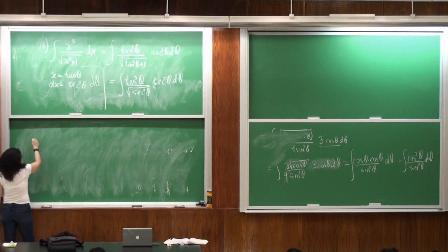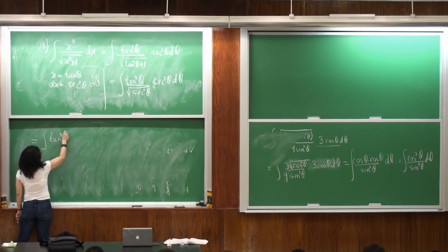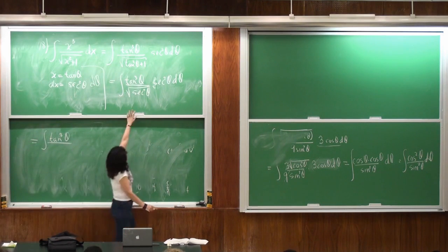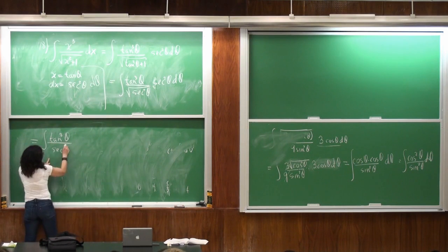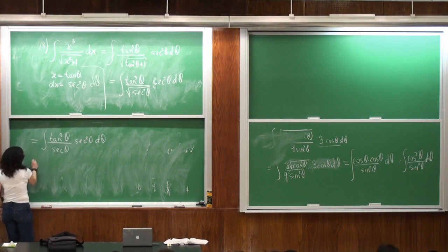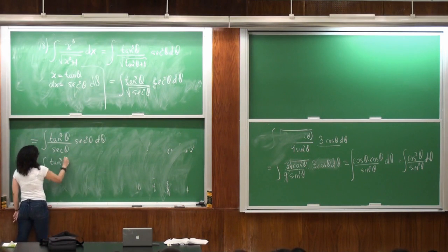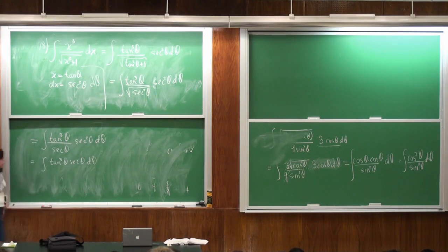Okay, then I have the following. I leave my tangent there, I don't care, it's not bothering me. And then I'm going to take the square root of this secant squared, which is going to become just secant. Yes? Okay, so far this looks like the integral of tangent cubed theta over secant theta, d theta. Yes?